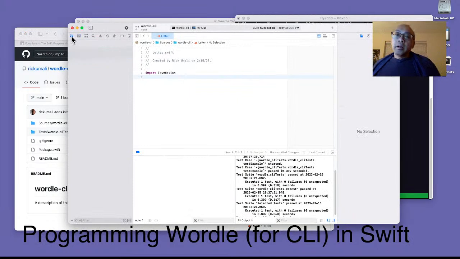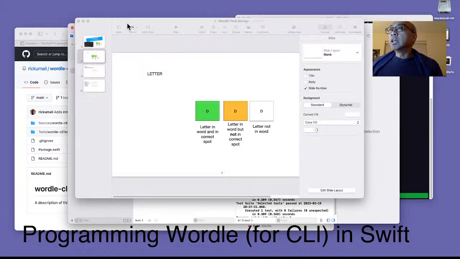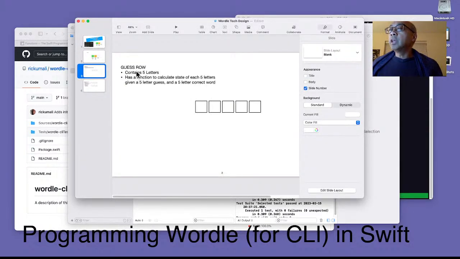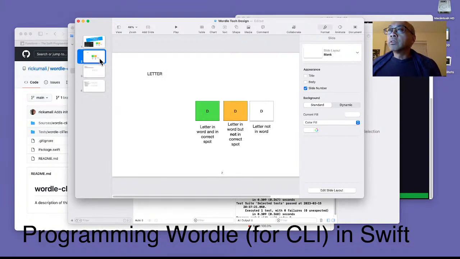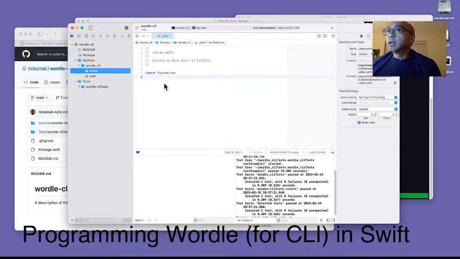Now, the reason why I wanted to get into using Xcode was that I can exercise this thing, the individual components, namely the letter and the guess row. I'm thinking of renaming it letter row. I can do all of these things inside of the test. So right now there's a test here,